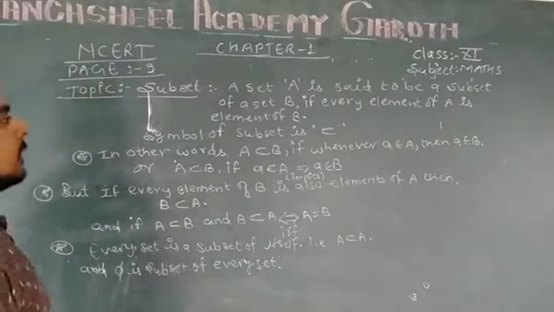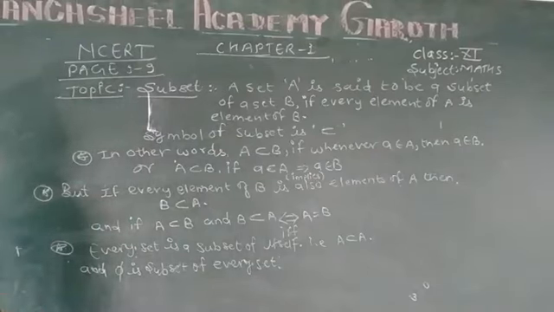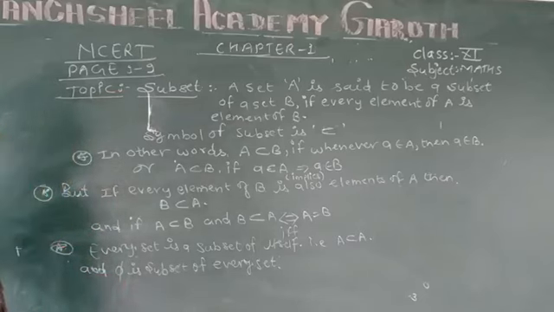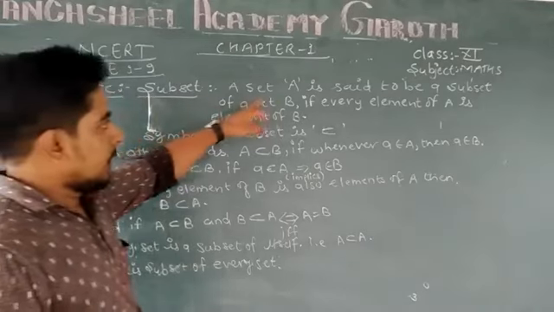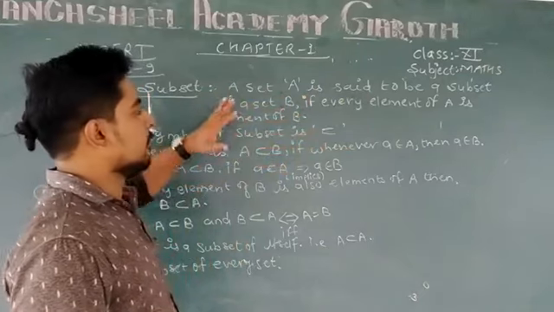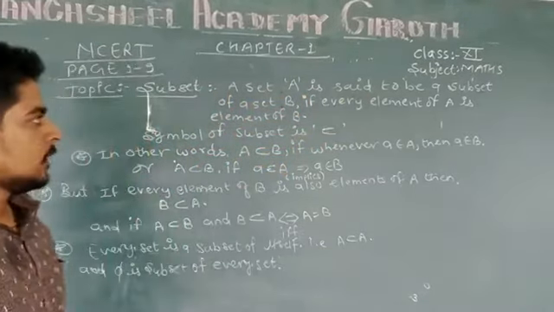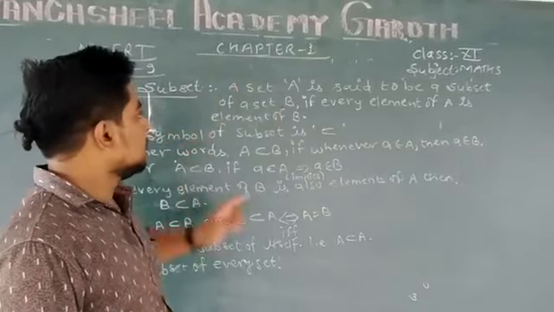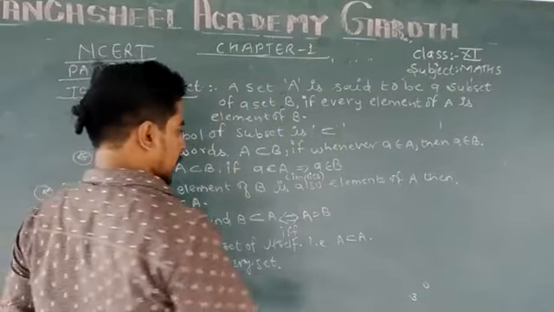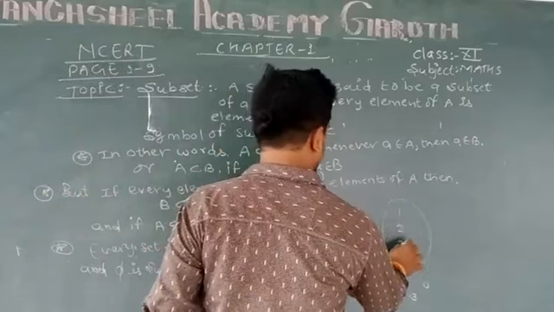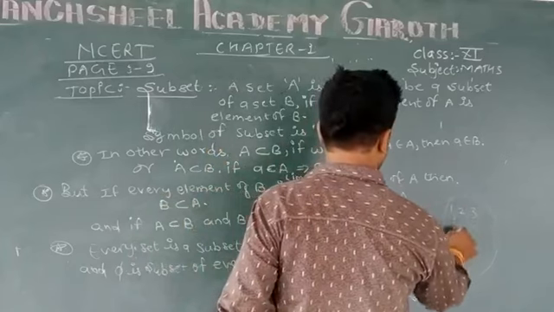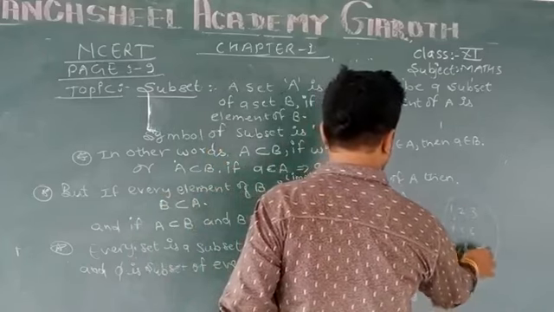Now, in the next topic after finite or equal sets, the topic is subset. So first we will discuss what is a subset. A set A is said to be a subset of set B if every element of A is an element of B. हम A को सबसेट कह सकते हैं तब जब A का हर एक एलिमेंट B का भी एलिमेंट हो. एक एग्जांपल के तौर पर कह सकता हूँ 1, 2 और 3 ये एक सेट है, जबकि B is another set है 1, 2, 3, 4, 5, 6, 7, 8, 9.